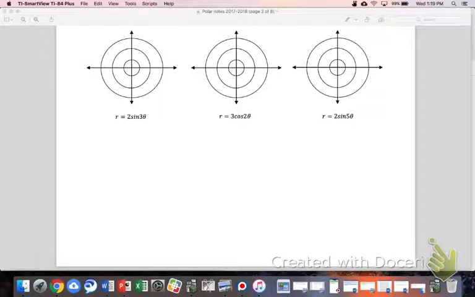Maya did sine first. It doesn't look like a butterfly if you turn it like this. If you twist it like this, it's kind of